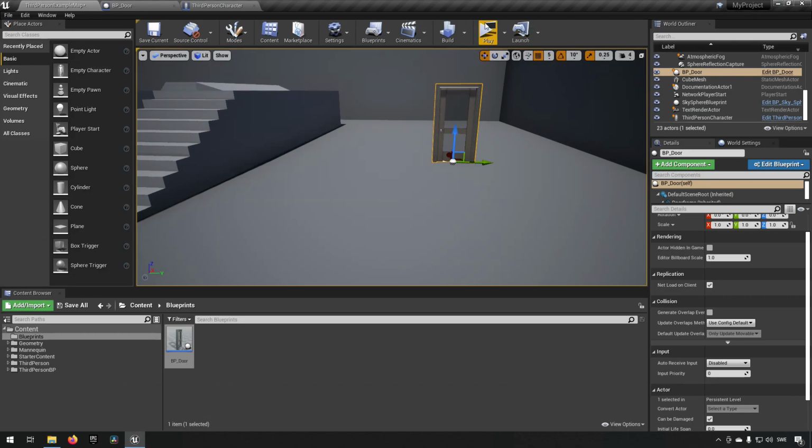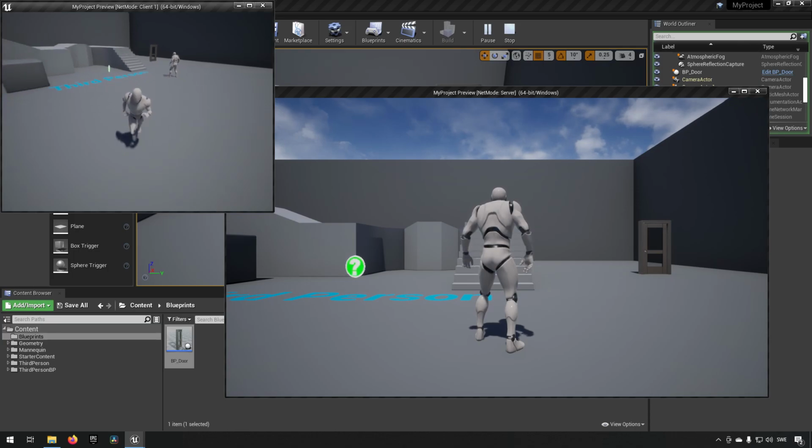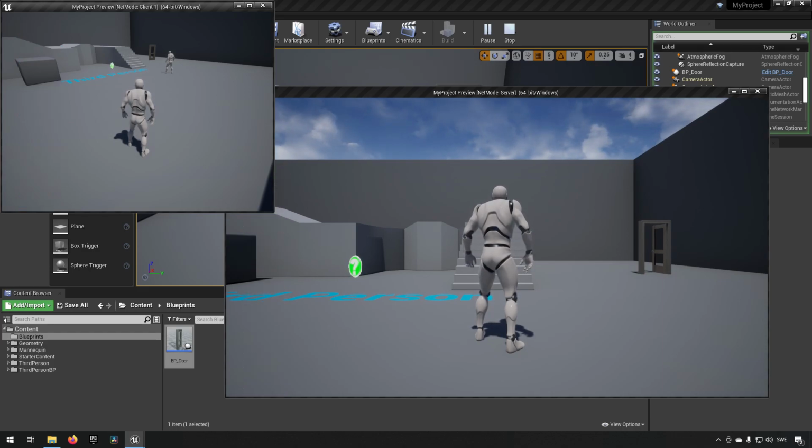So let's start off with doing that. So we play again. We go to the client. We stand a bit away and we press E. You can see that the server has been increasing the rotation for the door and it came to 90. And for what we can see, the door is still closed for the client, but